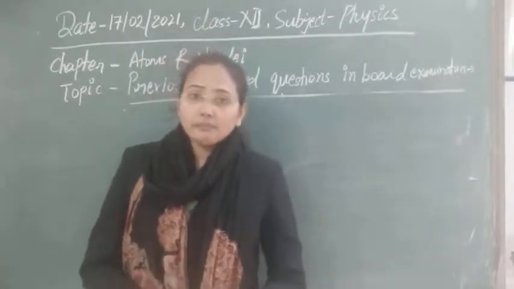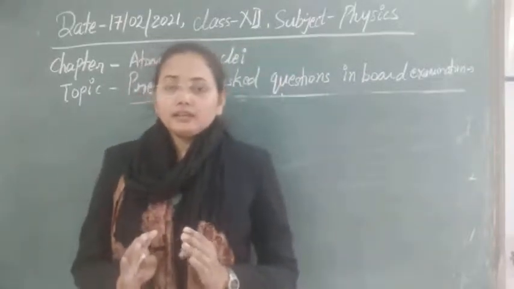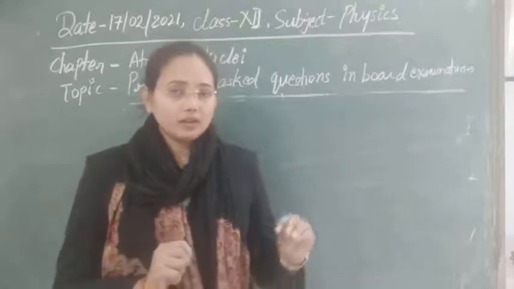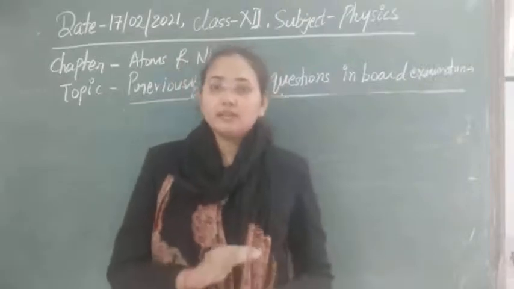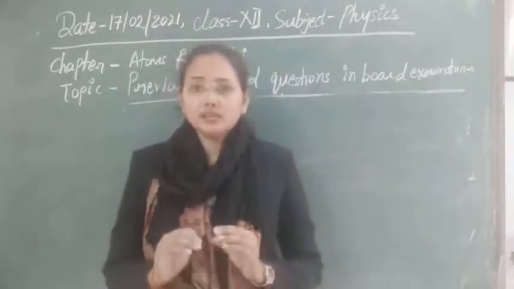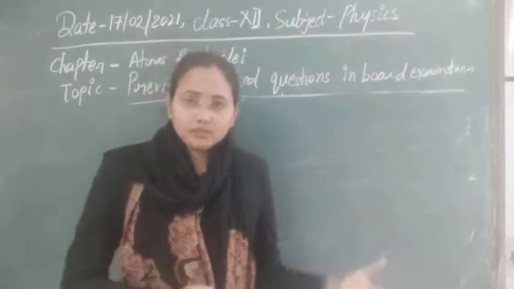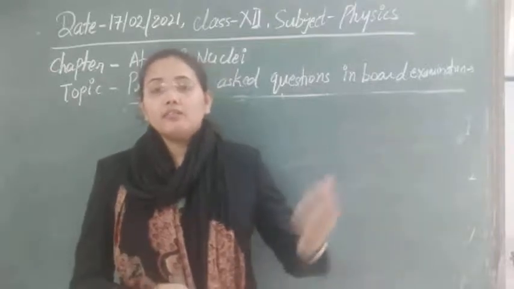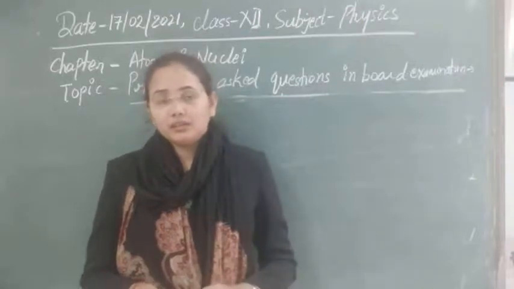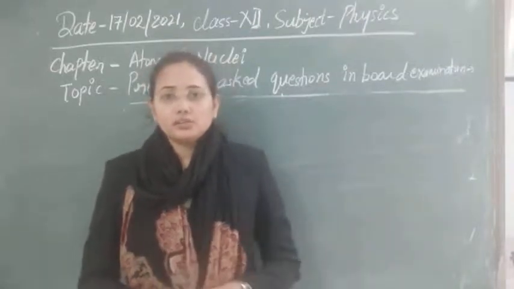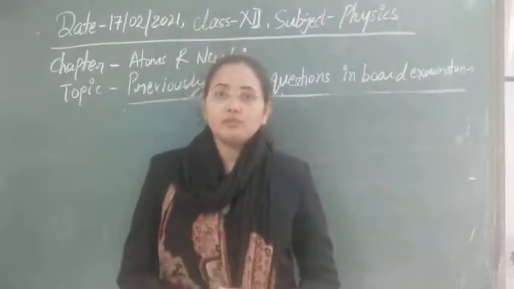According to that hypothesis, in the nucleus there is the presence of electrons and protons both. All of the protons are concentrated in the nucleus, but electrons are distributed in such a manner that some of the electrons are in the positively charged nucleus and some of the electrons are revolving around the nucleus. It means that electrons are present inside the nucleus and also outside the nucleus. This was the basic assumption behind the proton-electron hypothesis about the composition of the nucleus.